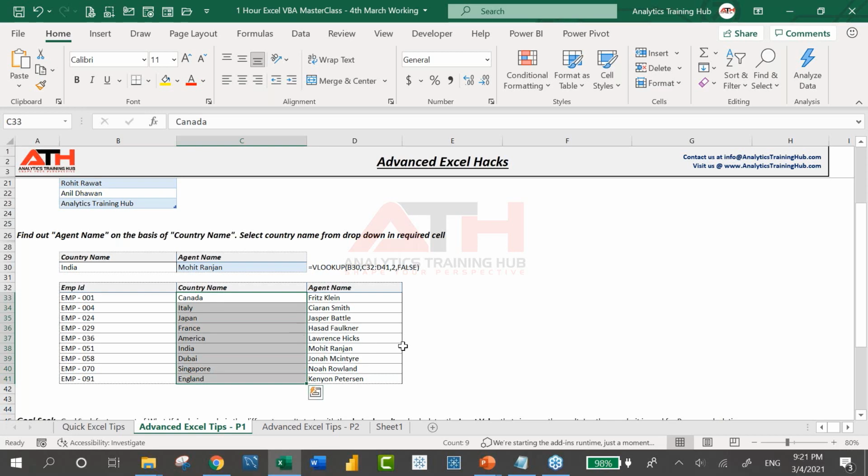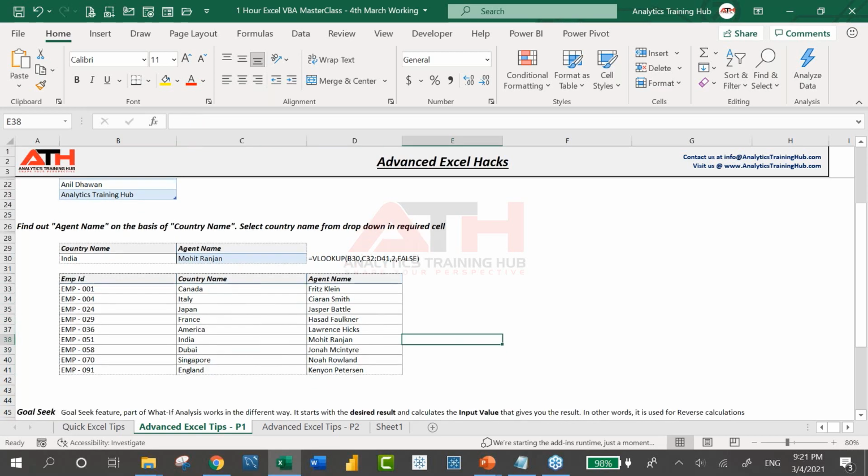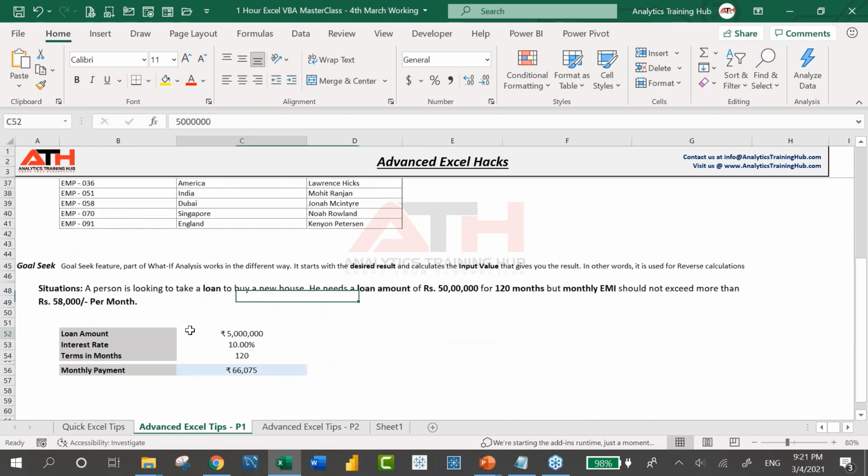All right, guys. I hope you have enjoyed this one. Now, let's talk quickly about Goal Seek as well. Goal Seek is a very, very interesting feature and many of us are not aware of it. This feature can perform the reverse calculation.